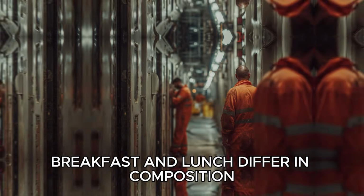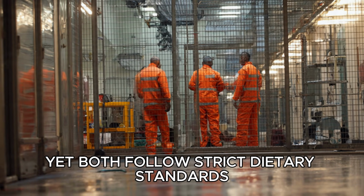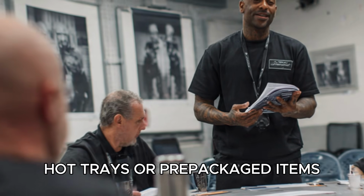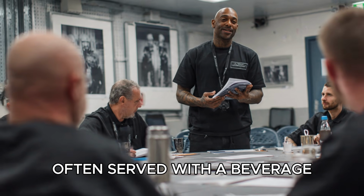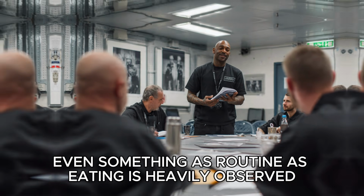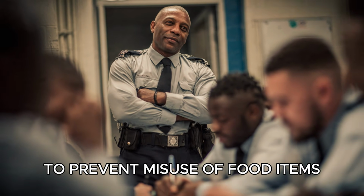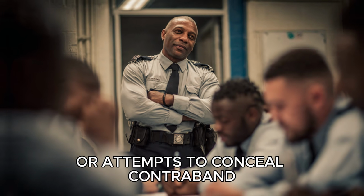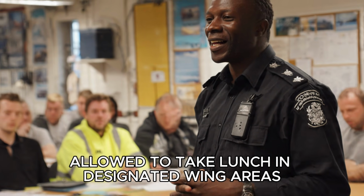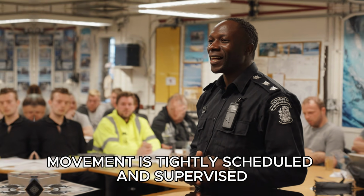Breakfast and lunch differ in composition, yet both follow strict dietary standards. Meals may include sandwiches, hot trays, or pre-packaged items, often served with a beverage. Even something as routine as eating is heavily observed, as officers monitor prisoners to prevent misuse of food items or attempts to conceal contraband. For those prisoners allowed to take lunch in designated wing areas, movement is tightly scheduled and